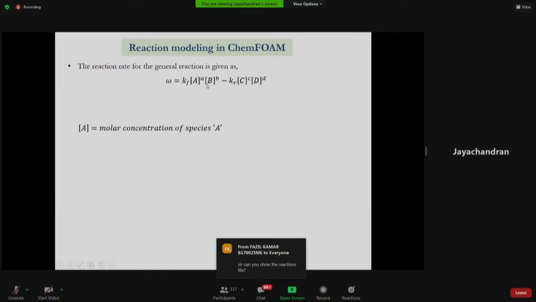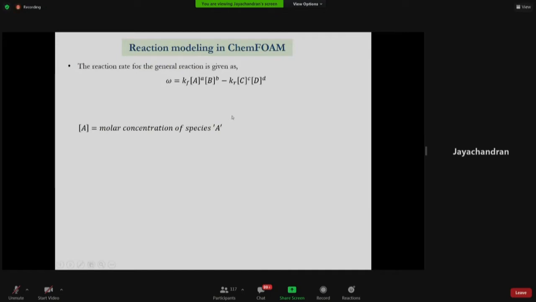So the idea is that when the reactant concentration is more, we will have the forward reaction more. That more amount of reactants will be converted to products. When the product concentration is more, it will convert back to the reactants. So that's how a reversible reaction works.